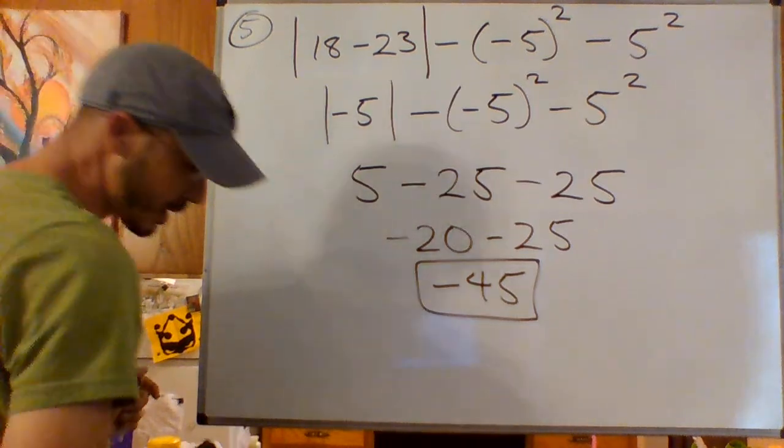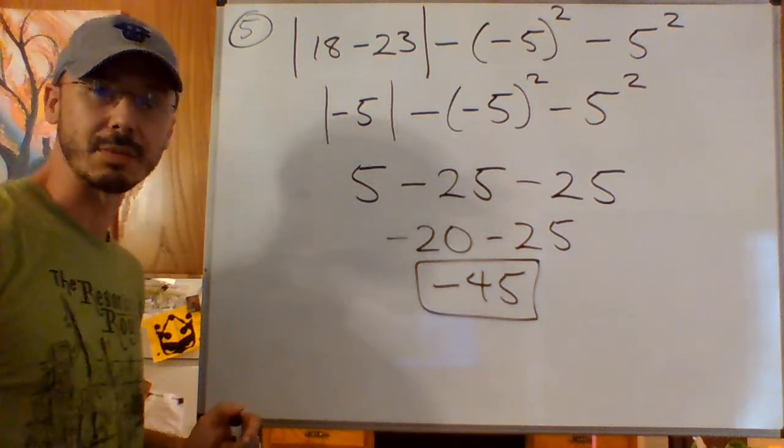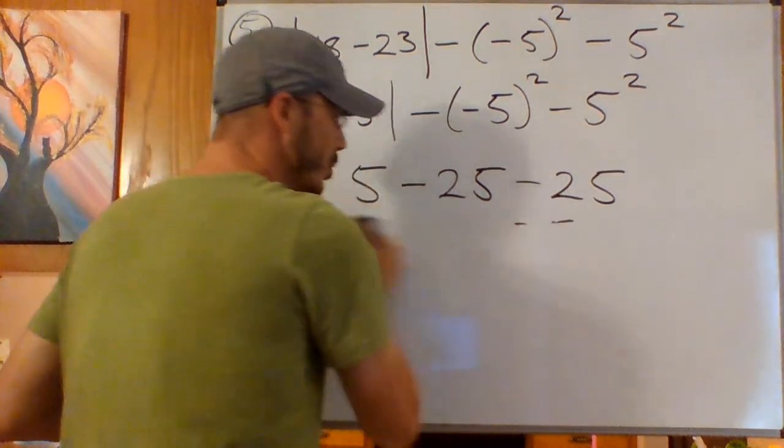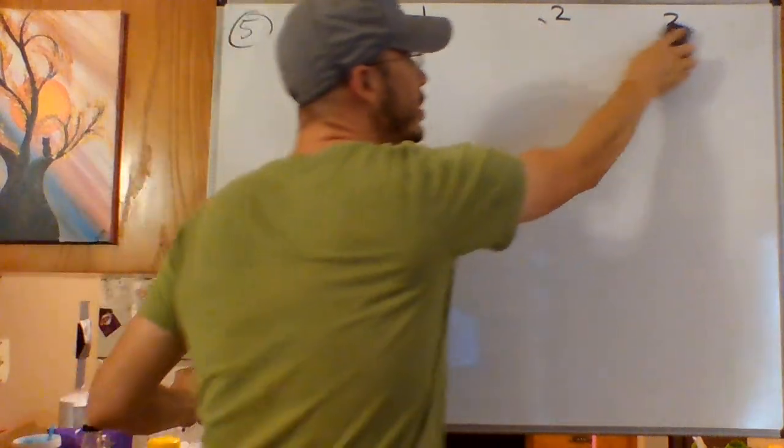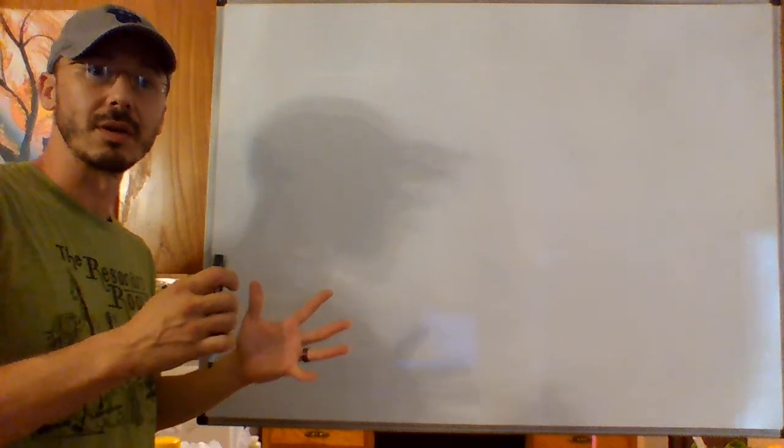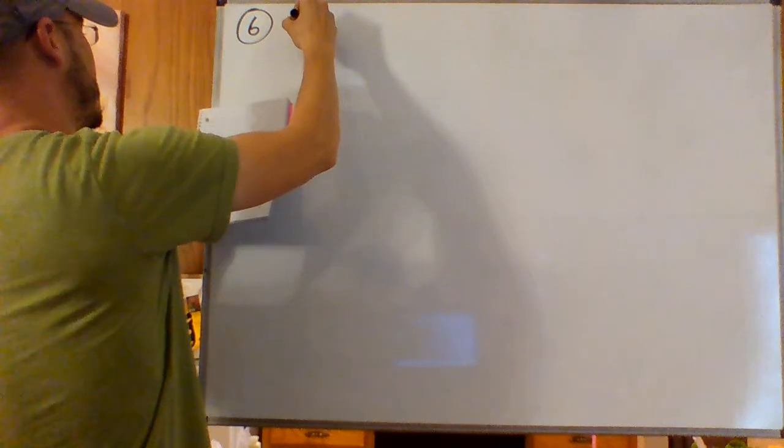The next problem I got has some decimals. When you have a problem with decimals or with numbers that have like 3 or 4 digits, sometimes even 2 digits is complicated, big numbers, or decimal numbers that have a lot of digits, calculator is the way to go. It's a lot faster than doing it by hand. And for example, number 6